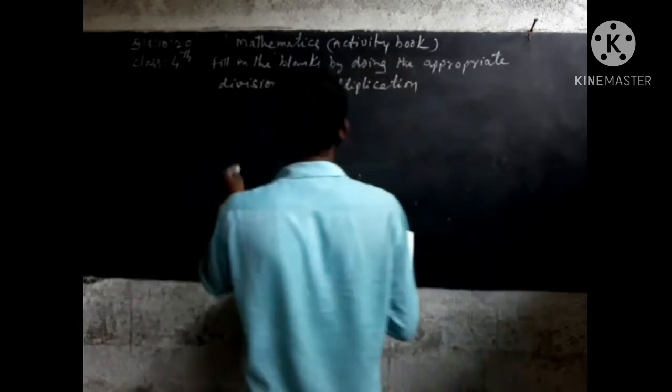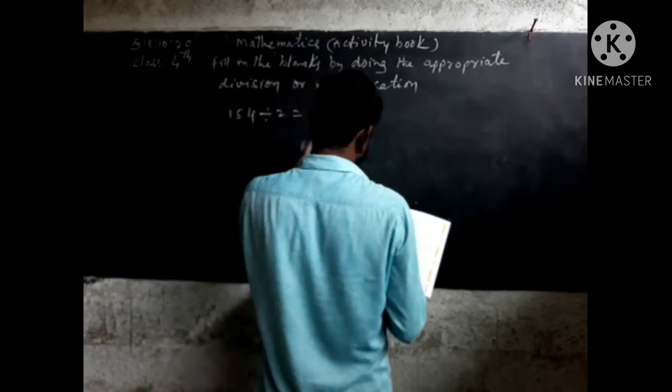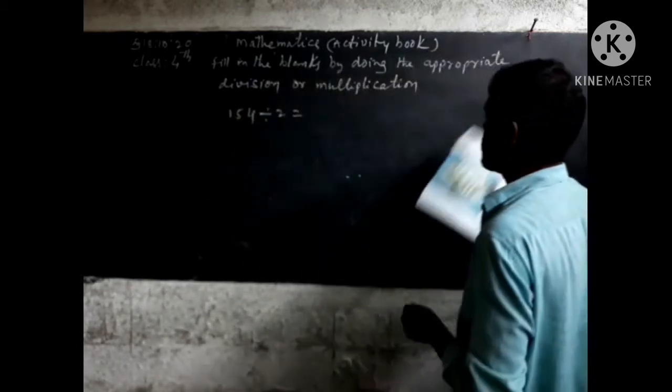See first one, 154 divided by 2 is equal to dash. See here,